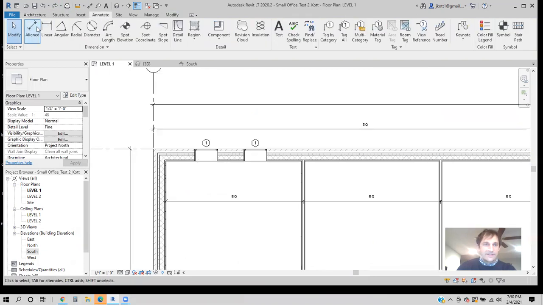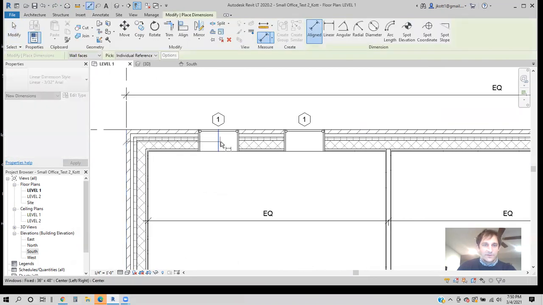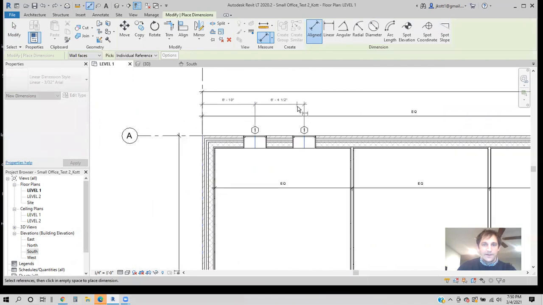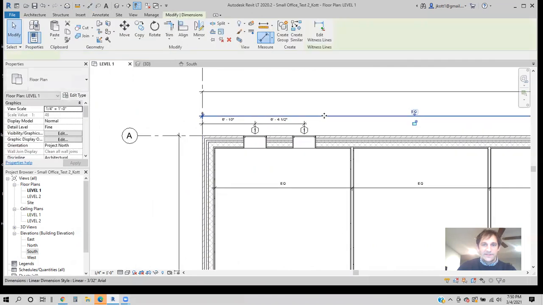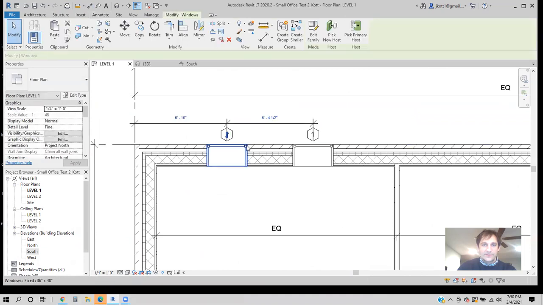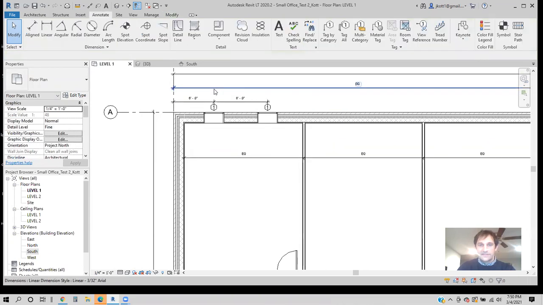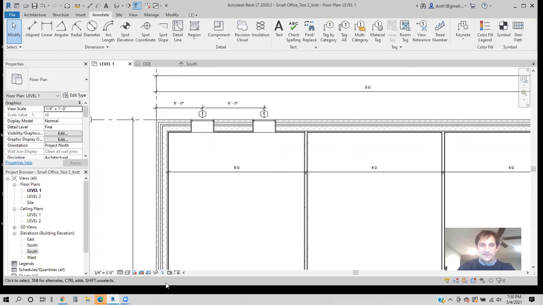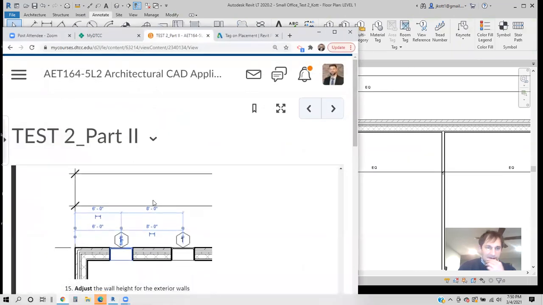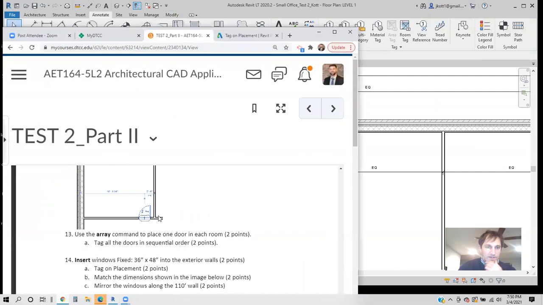Let's go ahead and dimension it so that we can control our window. All right, now we've got this dimension in place. We can control this a little bit better. It's already activated our window dimensions. We can change this to 6. We can change this to 8. Now our windows are placed. That step is complete. Moving back, we want to go to